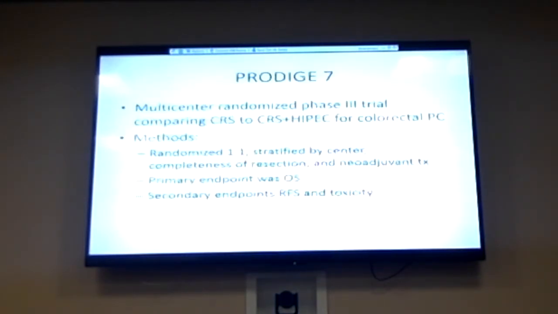Which leads us to the PRODIGE 7 trial, which is a multi-center randomized phase 3 trial comparing cytoreduction alone to cytoreduction plus HIPEC for colorectal peritoneal carcinomatosis. They were randomized 1-to-1. They stratified by center. They had 17 different centers. They also stratified by completeness of resection and neoadjuvant therapy. And then the primary endpoint was overall survival, and secondary endpoints were